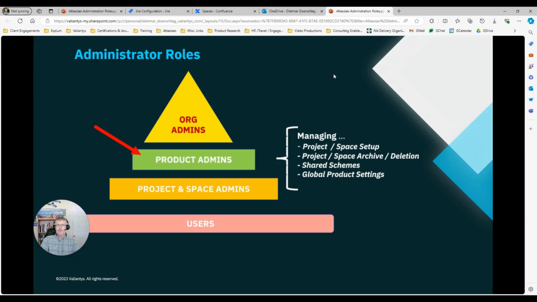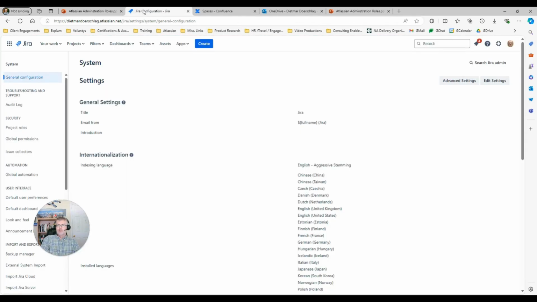So without any further ado, let's dive in and let's start specifically with the role of the Jira and Jira Service Management product admin. In an organization that I spun up, I created an instance that has access to Jira, Jira Service Management, and Confluence.